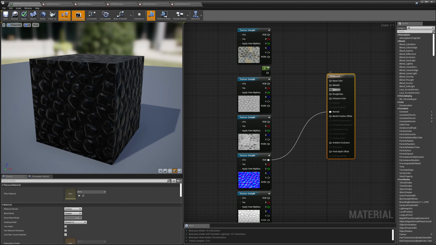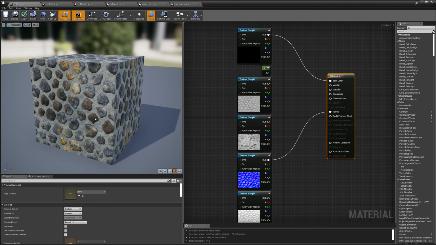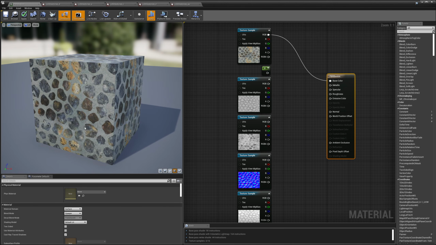Now keep in mind that all of the rest of the sockets are currently set to default, so we need to plug in our maps in order to get correct values. So next let's plug in our base color, and you'll get an idea for what the object looks like with base color but without any of the other values. So this is what it looks like with base color and normal map, but if I disconnect the normal map, you can see that it's going to look a whole lot more flat, and that normal map really serves to bump out the surface and make it look like there's a lot more detail there than